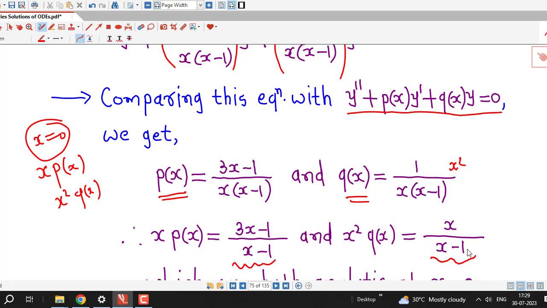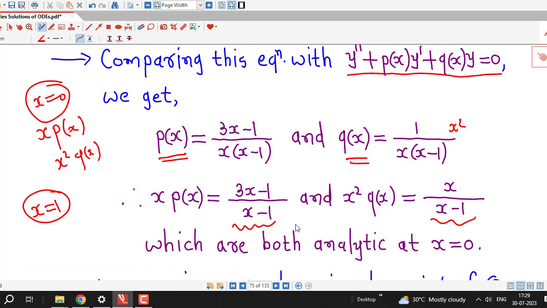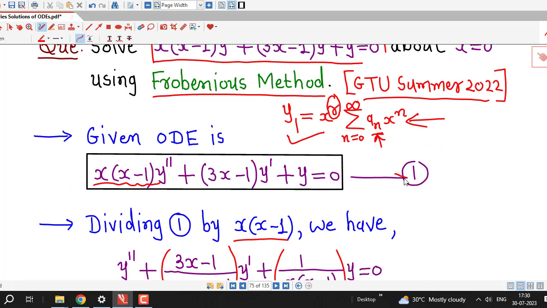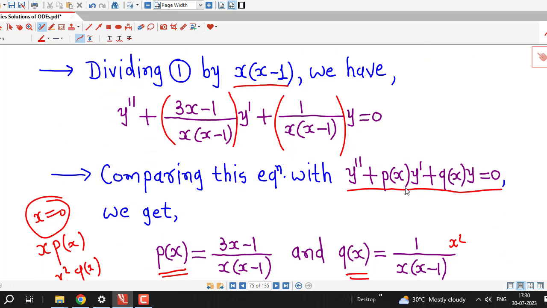Now we can see these two are rational functions, and we know that a rational function is analytic at all those points at which the denominator is non-zero. Here we have x minus 1 in the denominator. So these two functions are analytic at every point except x equal to 1, and we are checking for x equal to 0. Therefore clearly both of these two are analytic at x equal to 0, and therefore by definition